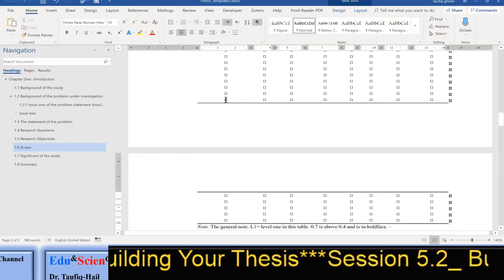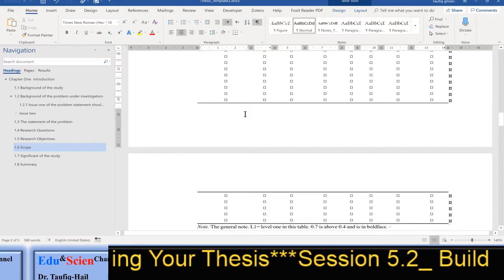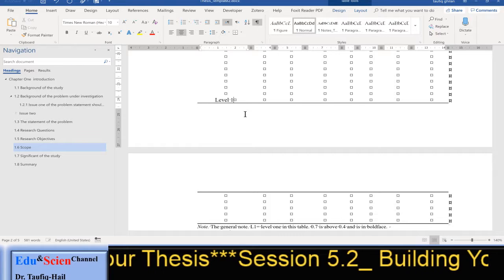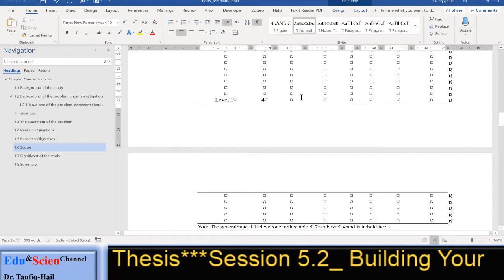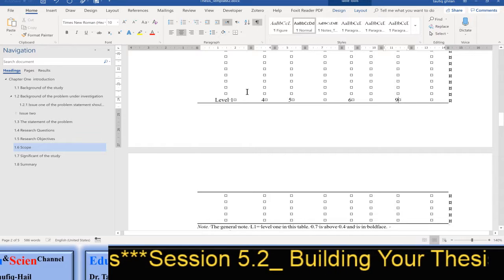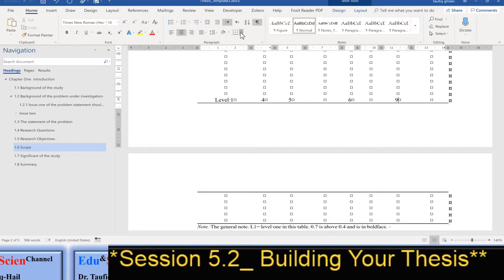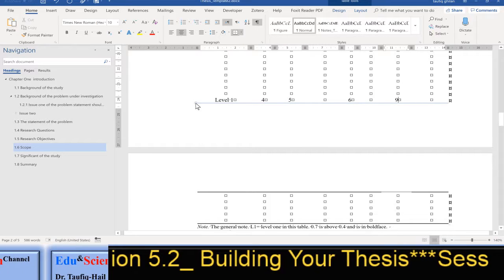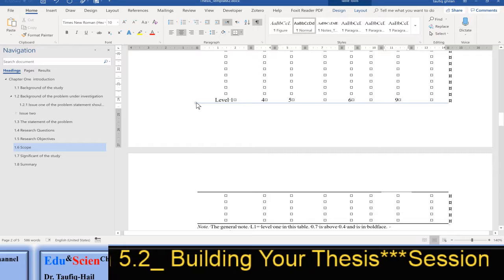So here we just write the values. Let's say this is level 1, and here some values we have 4, 5, 6, whatever, 9, and then we go to the bottom border, we click on it, and then we click this plus sign,